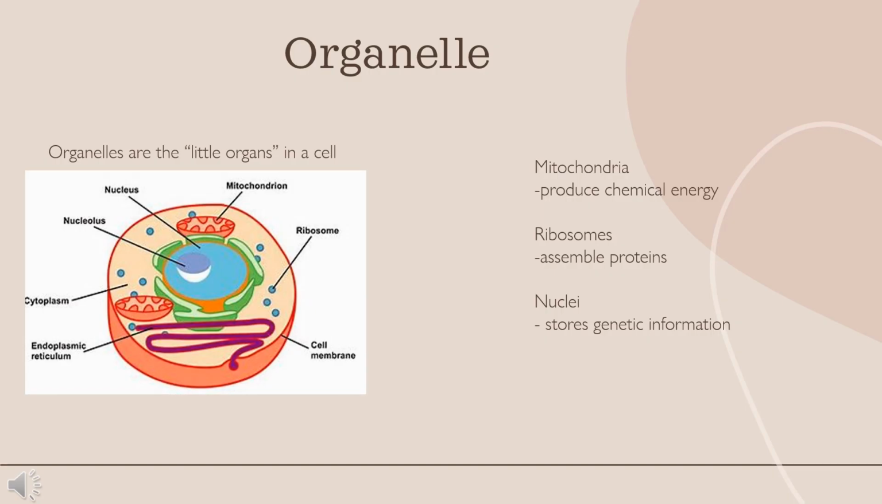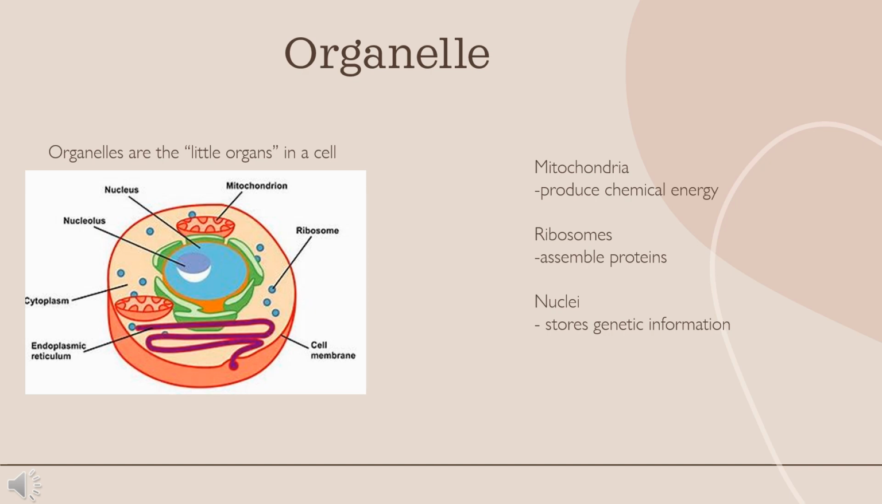Next up, we have organelles. An organelle is made up of chemical groupings, and they are tiny organ-like things that are in cells. Organelles have specific functions in cells, and they cannot live outside of the cell. Without organelles, cells cannot survive. Some examples of organelles are the mitochondria, which produce energy, ribosomes that assemble protein, and the nucleus that